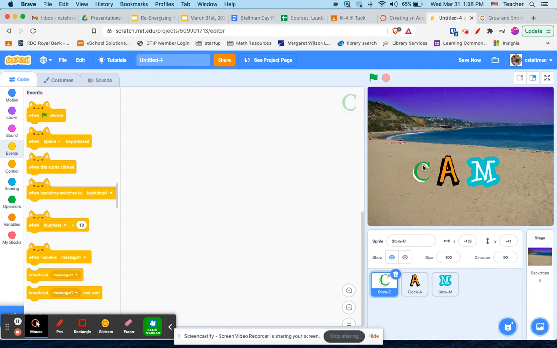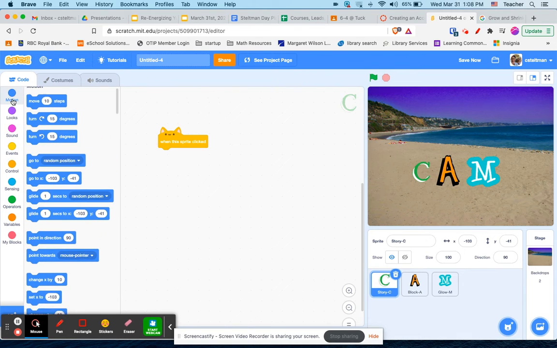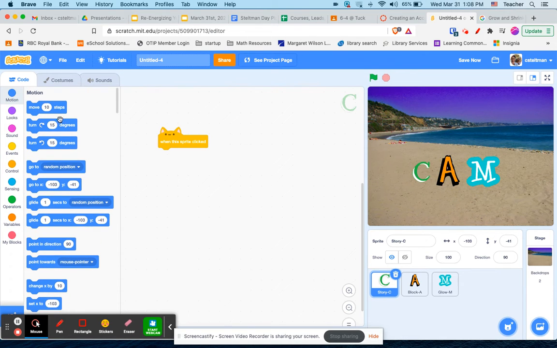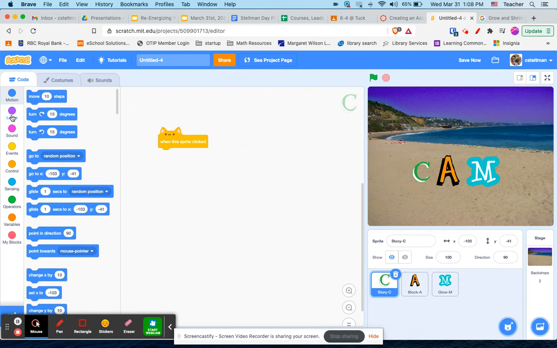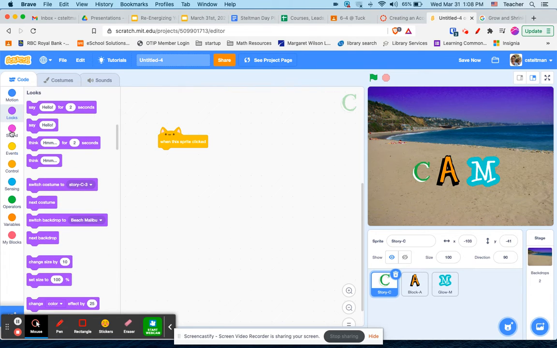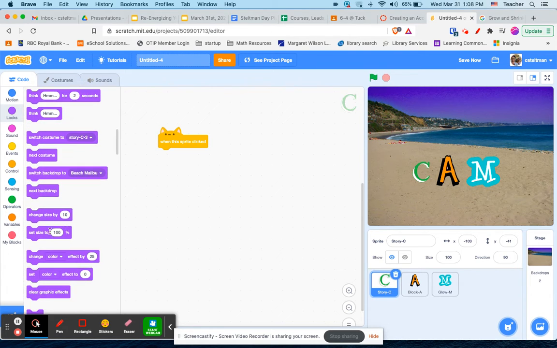What we want is, when we click on the C, so when this sprite is clicked, what do we want to happen? Well, I want the size to change. Down here inside of Looks, because every single tab's a little different, we can change size by 10. So now every time I click on C, it gets bigger and bigger. If we change that number, change size by 100,